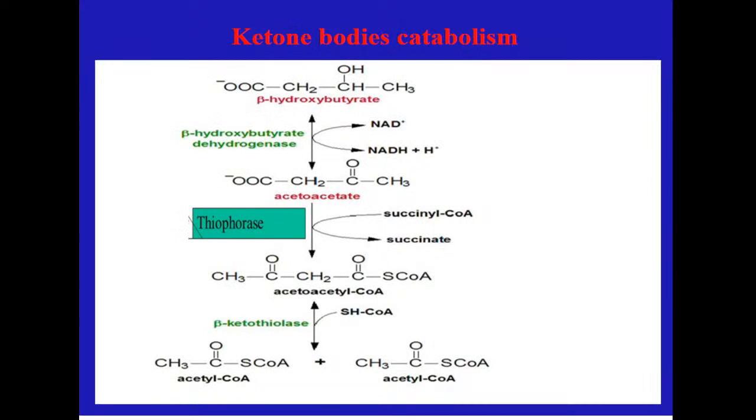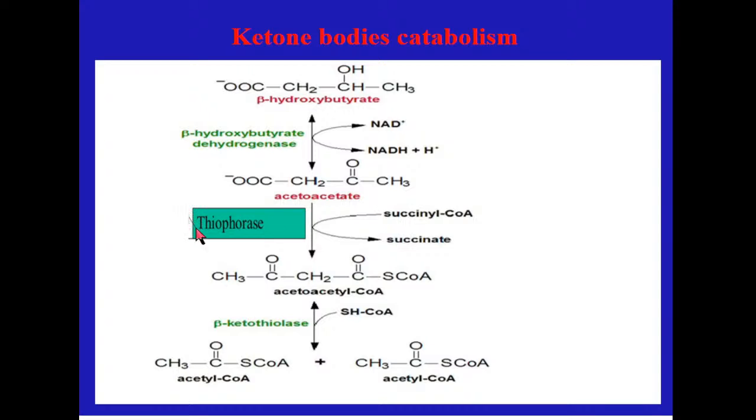How are the ketone bodies catabolized in the peripheral tissues? As we told, water-soluble molecules easily come to the blood and easily come from the blood to the peripheral cells, where they can be oxidized. At first, beta-hydroxybutyrate, by the same enzyme but in peripheral cells, will be dehydrogenated and NADH2 will be formed. Of course, if we are taking two hydrogens here and a keto group appeared, we obtained acetoacetate.